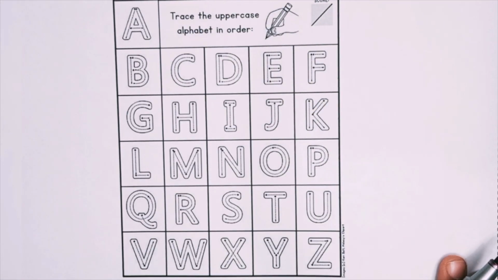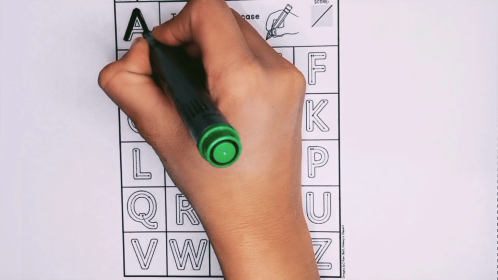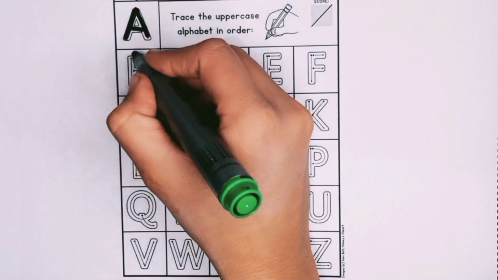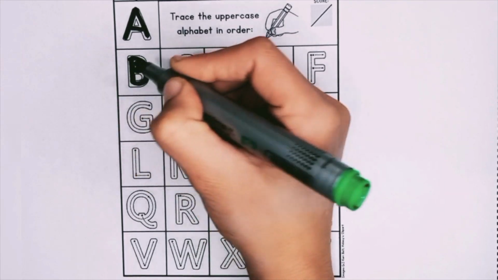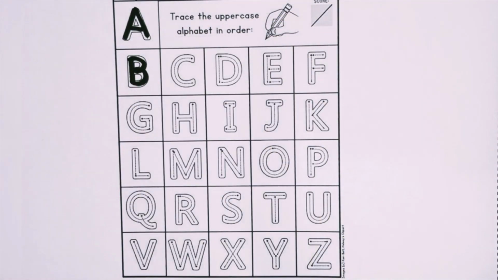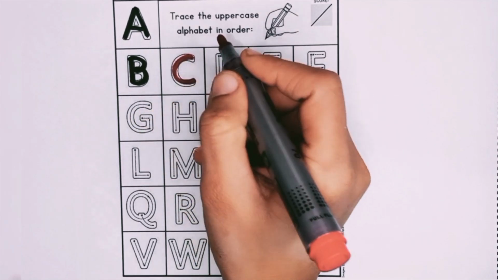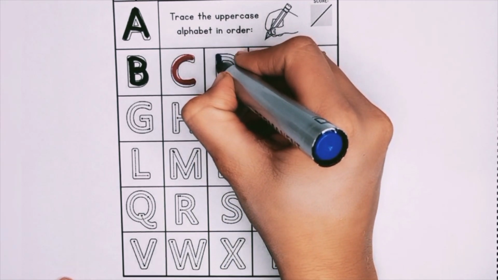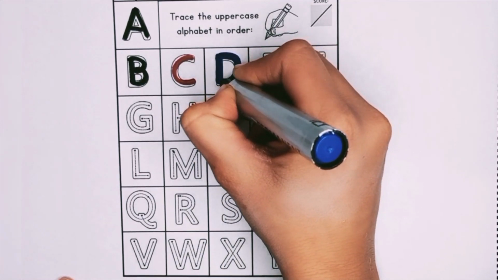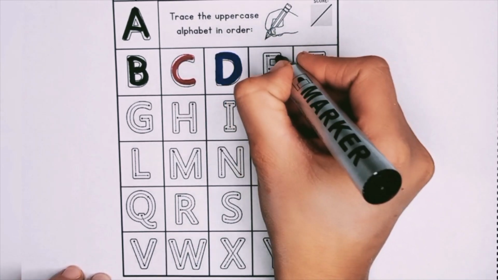ट्रेस करते हैं, कैपिटल ABC ट्रेस करते हैं। स्टार्ट। A for apple, B for banana, C for cat, D for dog, E for elephant,